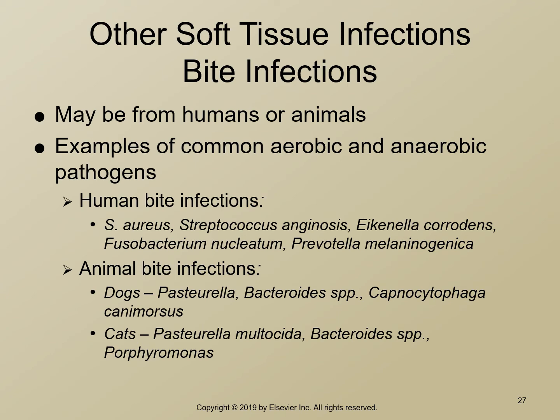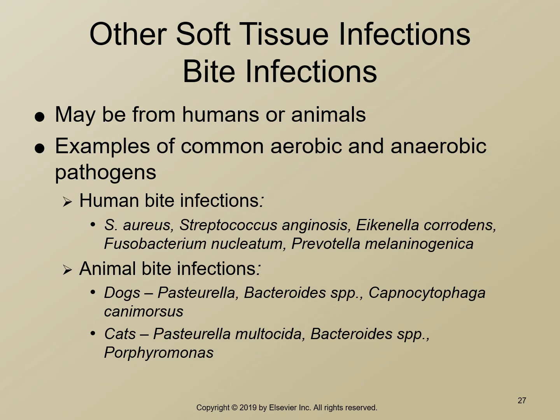Other soft tissue infections can occur as a result of bites. Infections may happen as a result of either human or animal bites. These infections are commonly associated with both aerobic and anaerobic pathogens. So, for example, human bite infections may be caused by Staphylococcus aureus, Streptococcus anginosus, Eikenella corrodens, Fusobacterium nucleatum, and Prevotella